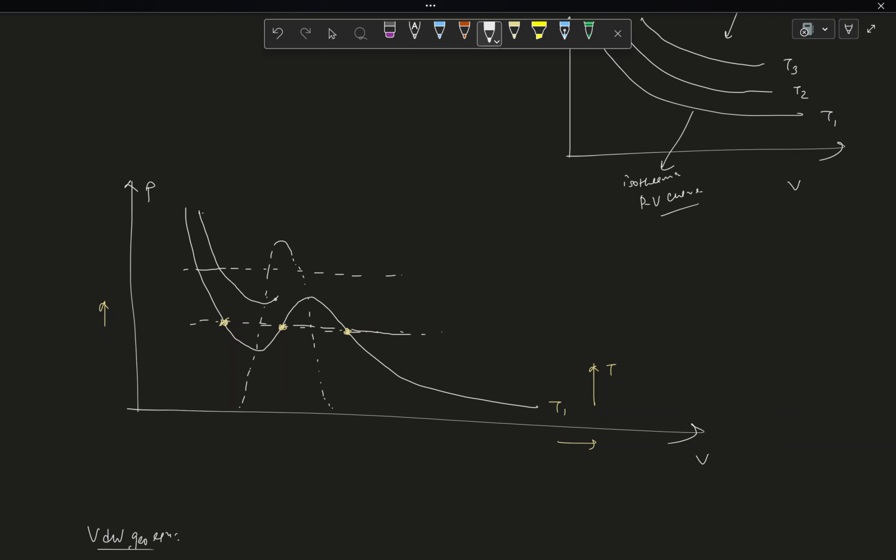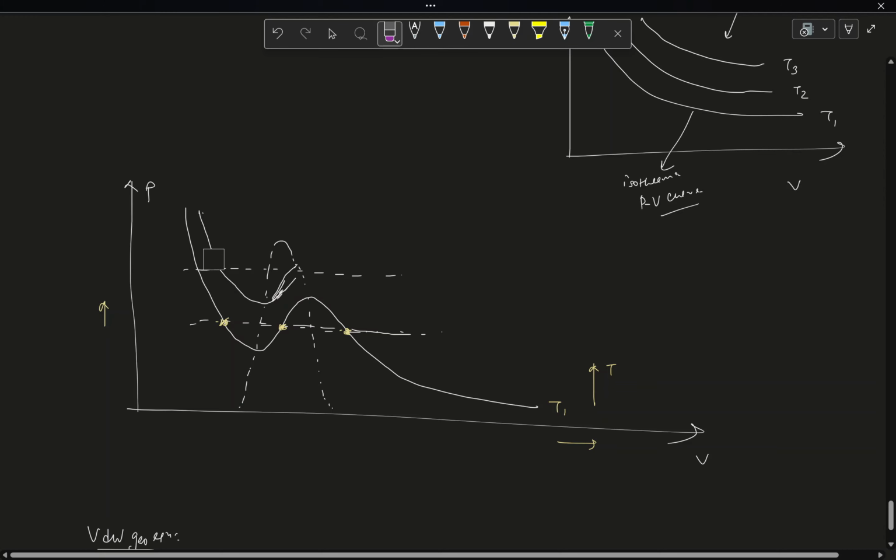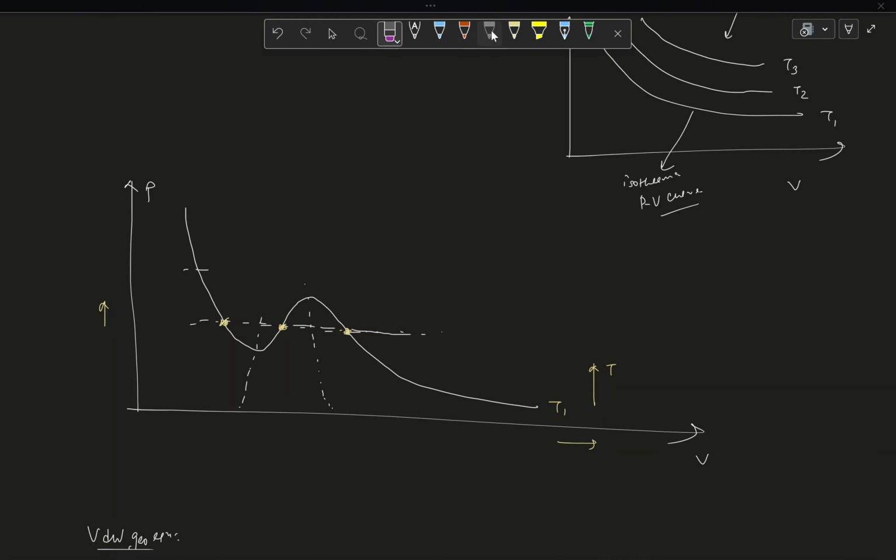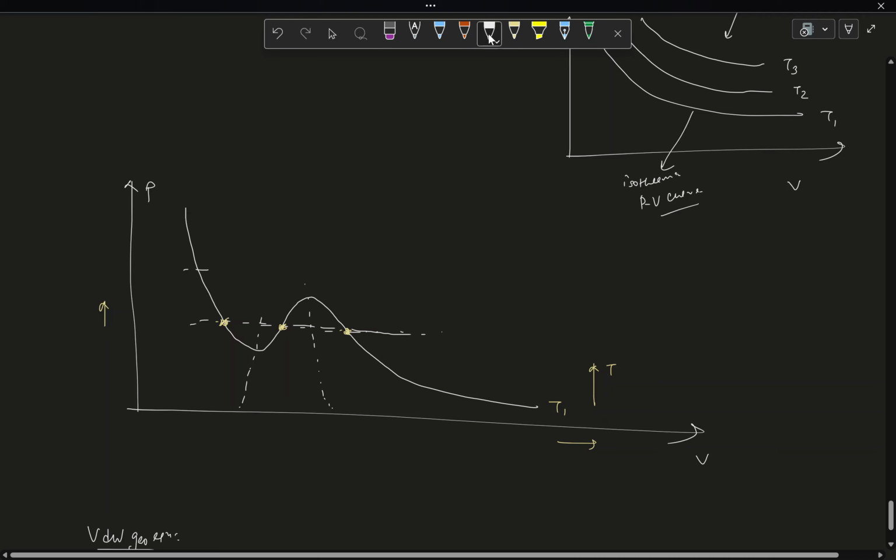This one, and then, so let me draw it first, and then, yeah, so this will be